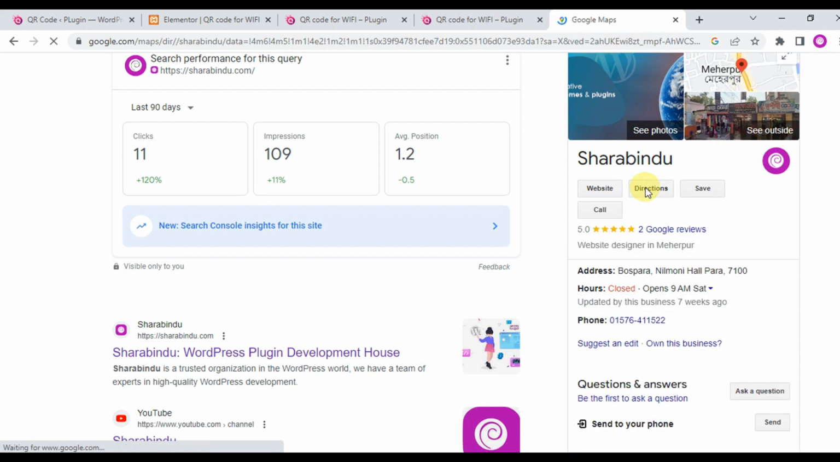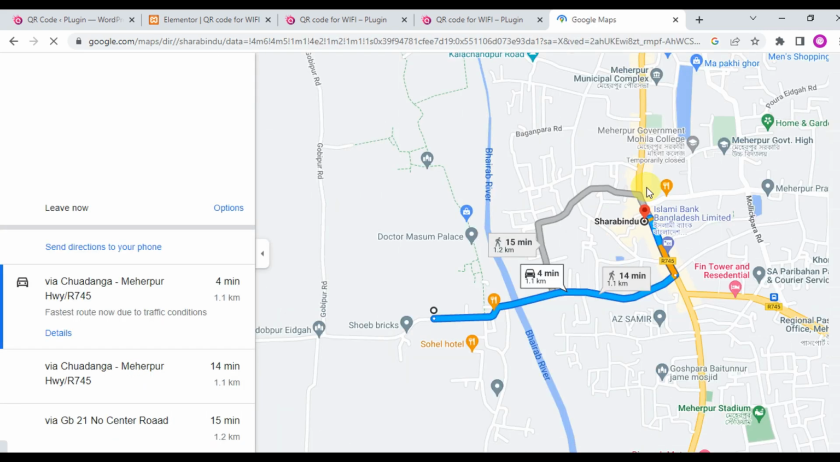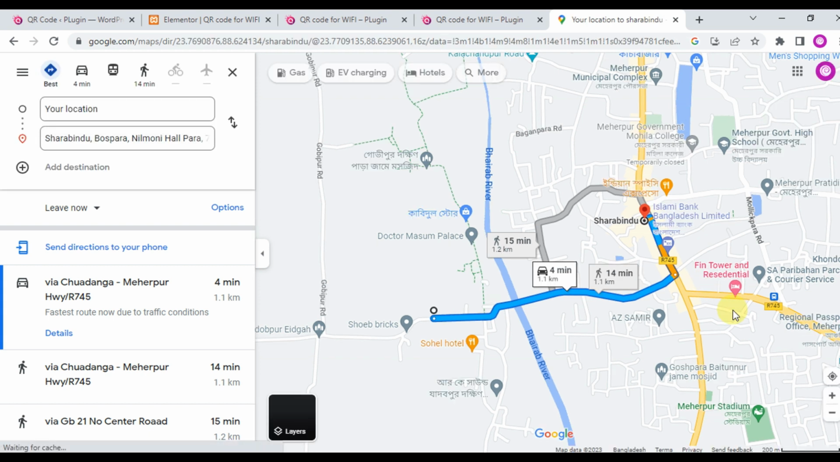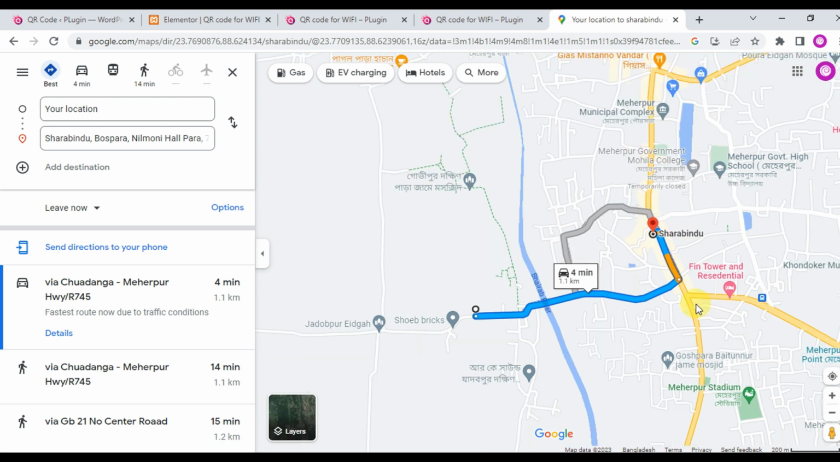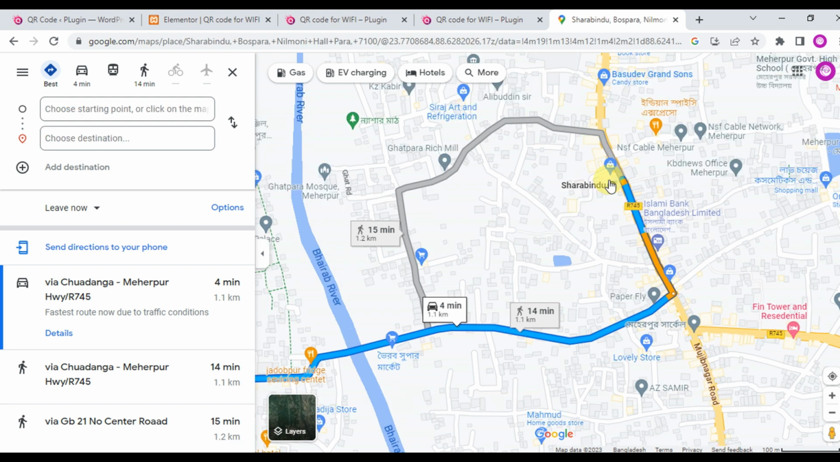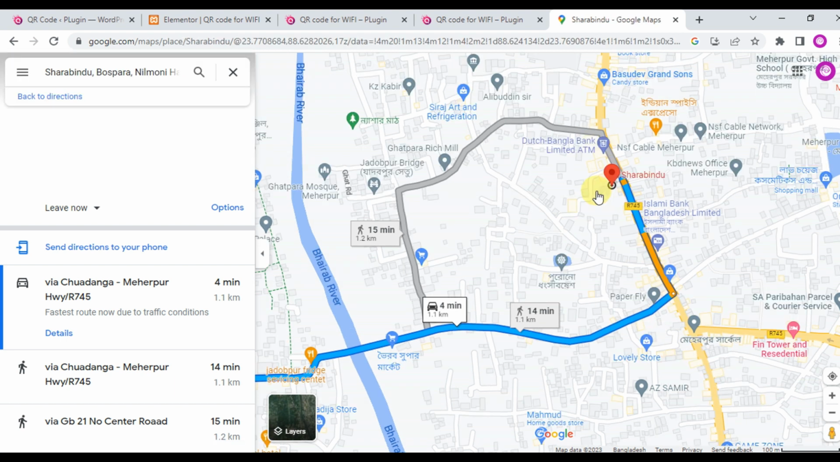If you want to create a QR code for Google Maps, you can easily create it with the QRcode Composer Pro plugin. First of all, you'll find the Google Maps longitude and latitude. We'll write our company name, and here the